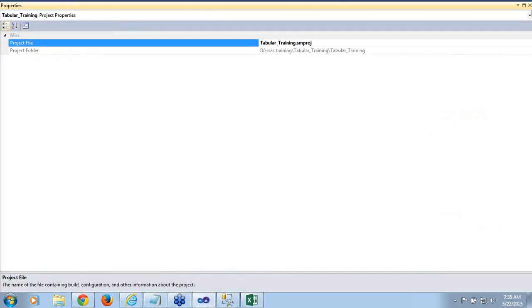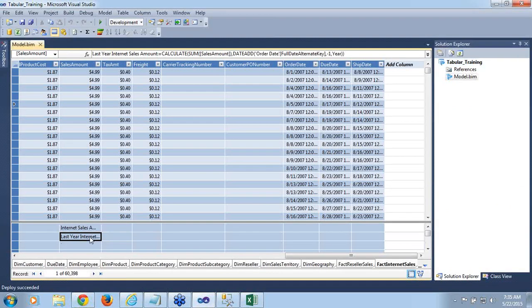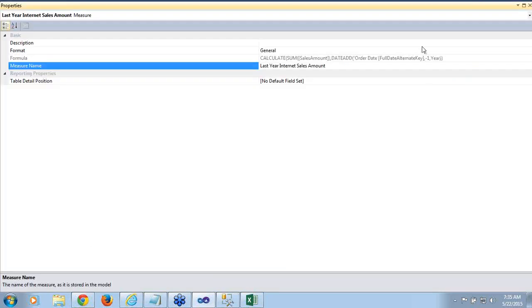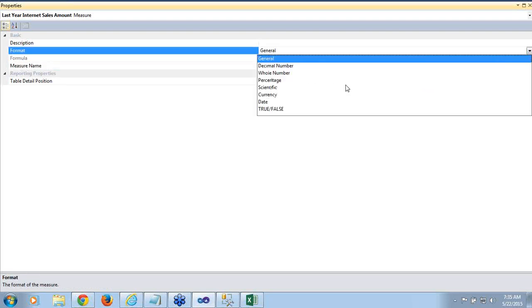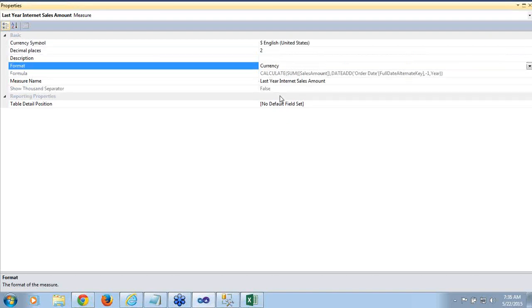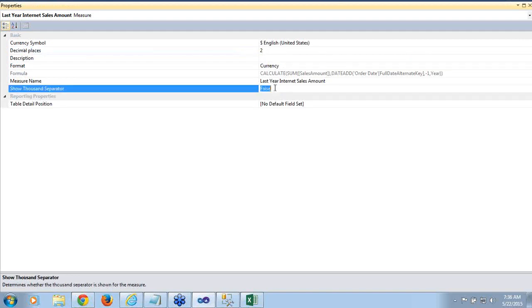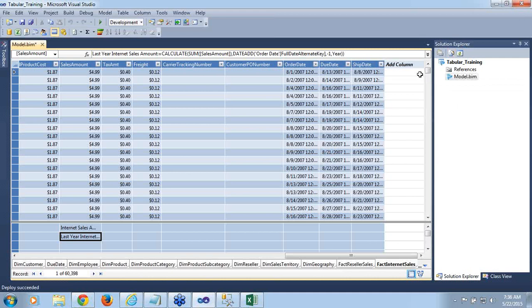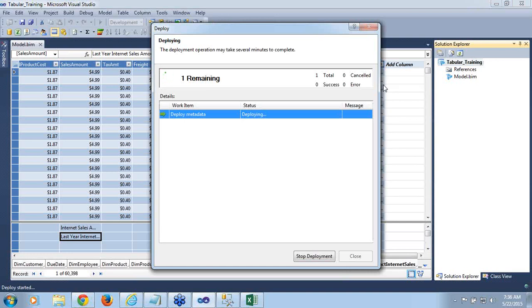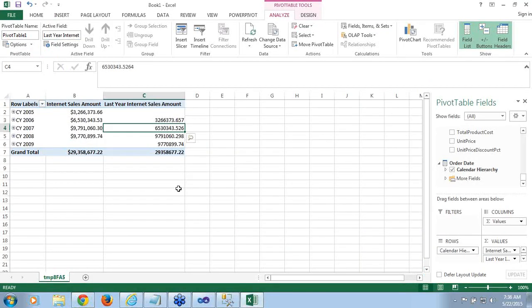So I press F4. So here I highlighted, press F4. Here what I do in format, I select currency. So now it will go two decimal places and okay. So now if you right click and deploy, okay, you don't need to process because the data is the same. So I'll just